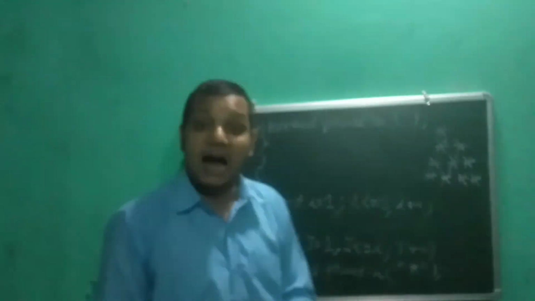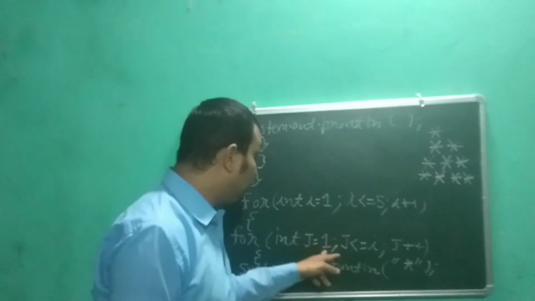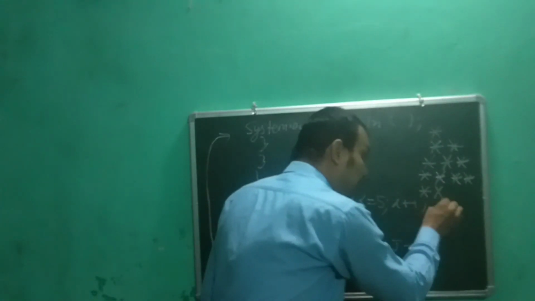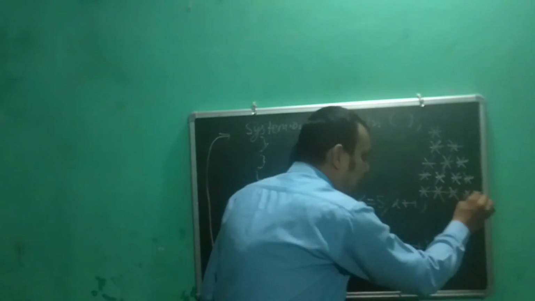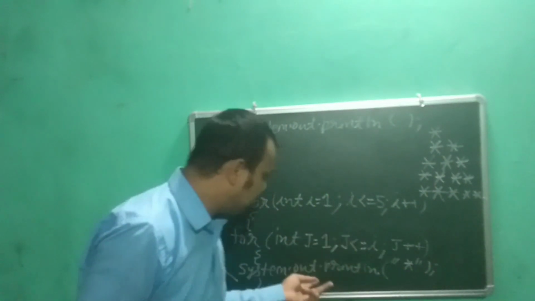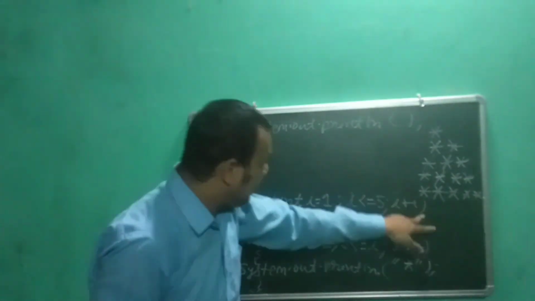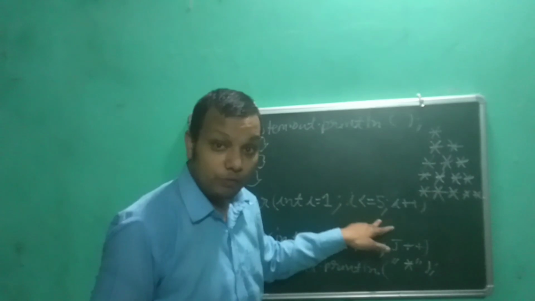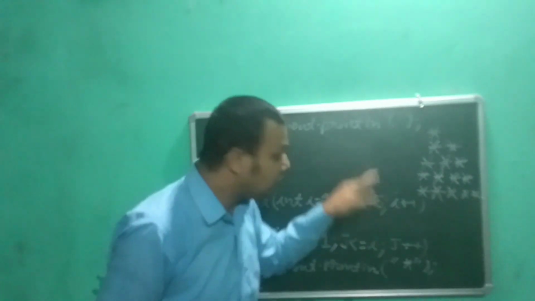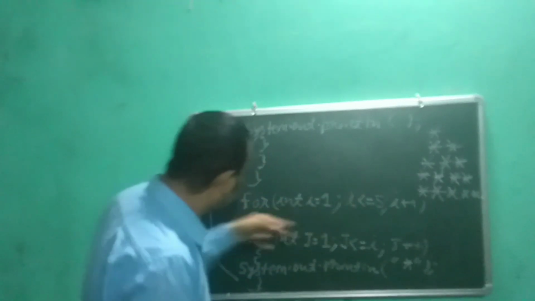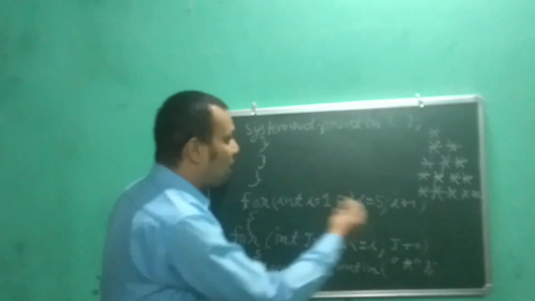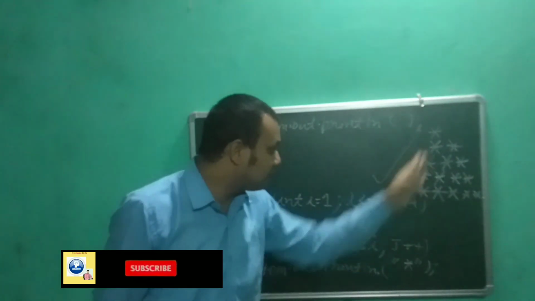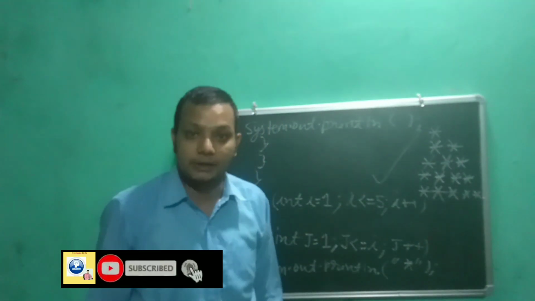i++. i becomes 5. j equals 1. j is lesser than 5. Then the same process, we will go 5 times. And when it becomes 6, the condition gets false. When the line changes, then i++ makes it 6. i should be lesser than or equal to 5. What is the condition? i should not be more than 5. When i becomes 6, the loop gets terminated and the program gets over and you get this pattern. So this is how we do this star printing pattern.